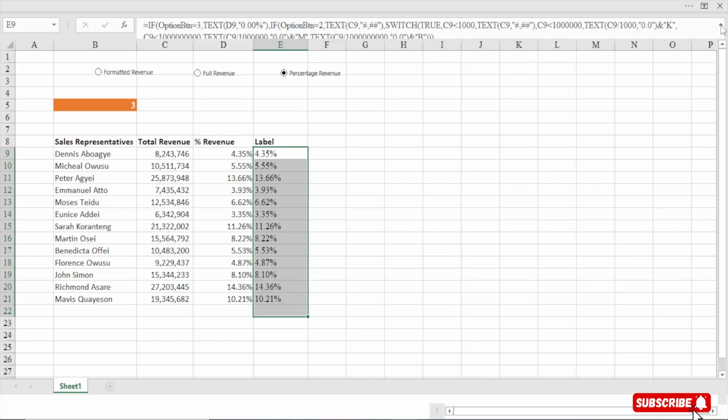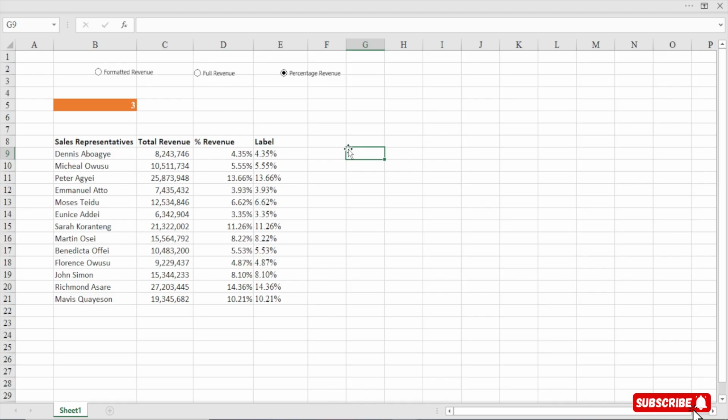Perfect. So this is what we are trying to get, right? So in the future, what I'm going to do is bring the top and then the bottom, as I showed you in the introduction. To get the top and then the bottom, first of all, let's come here and then let's see, maybe top sales rep, right? Perfect. Now watch here.